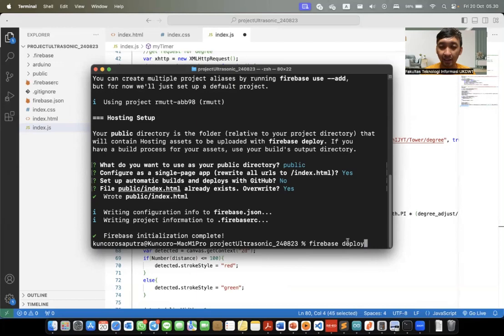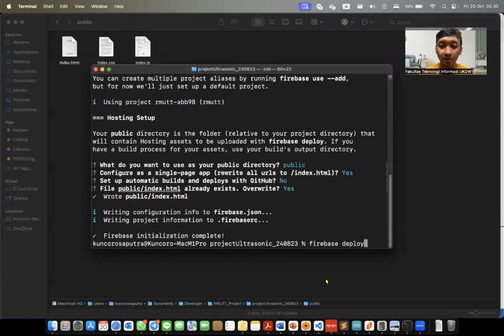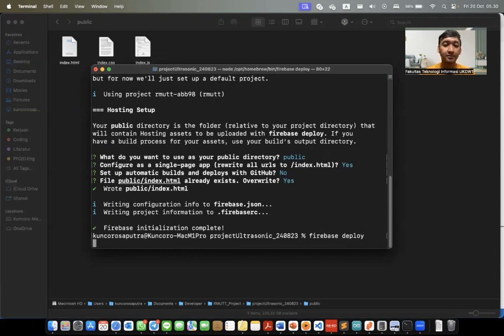Before we enter this command, we should move these three files into the public directory in your project directory. You can see the public folder after you execute firebase init. We copy the three files to the public folder. After that, we can deploy the files.